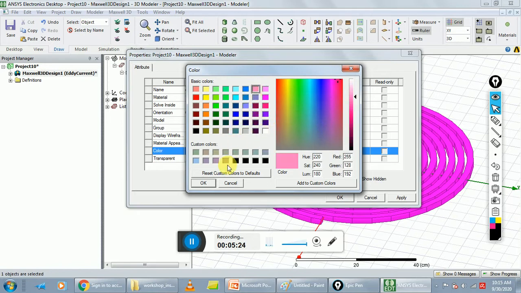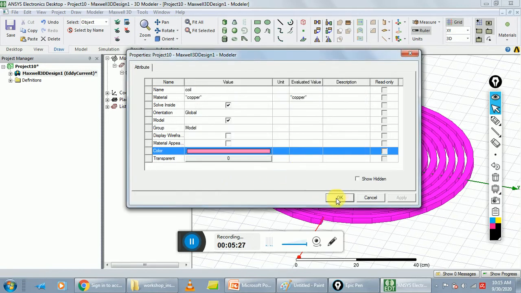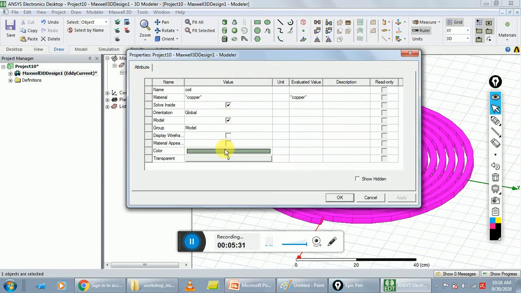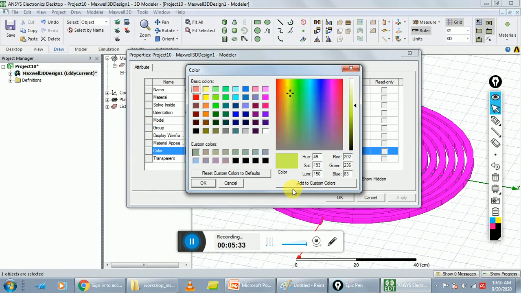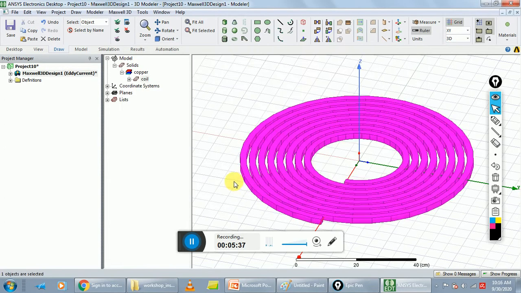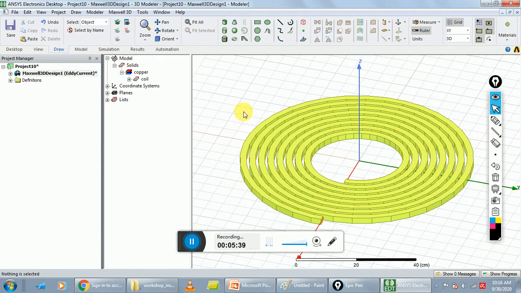Choose any light color. Okay, this is your coil. Here we change some properties.